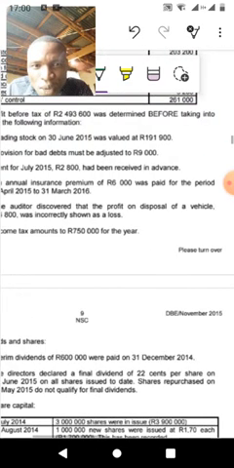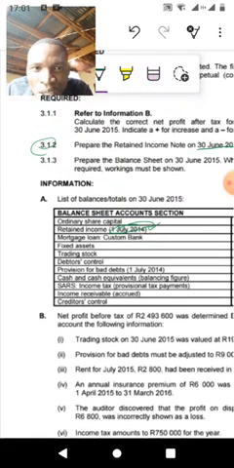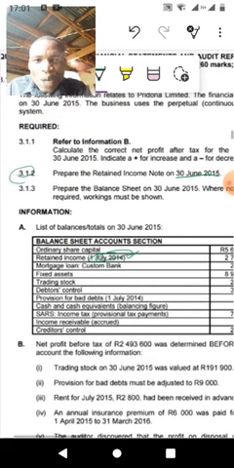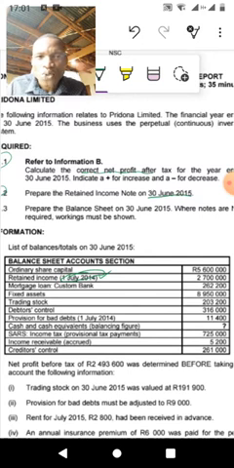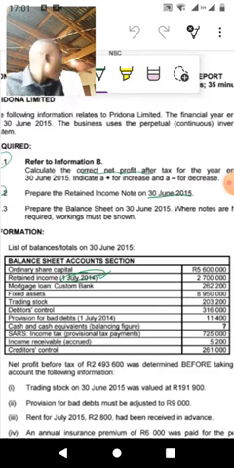I want to show you something, guys. If you look at question 3.1.1, they say calculate the correct net profit after tax. That is 13 marks. Since my topic was only focusing on the notes, I didn't want to teach notes and also teach you how to calculate the correct net profit at the same time. Today's focus is on the notes. So I will just take the figure from the memorandum, which is